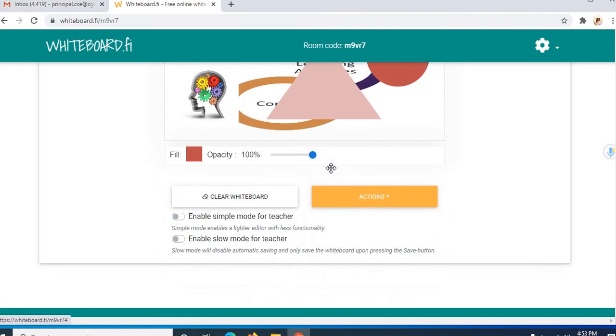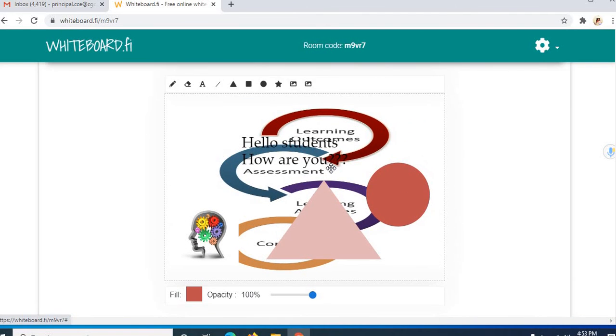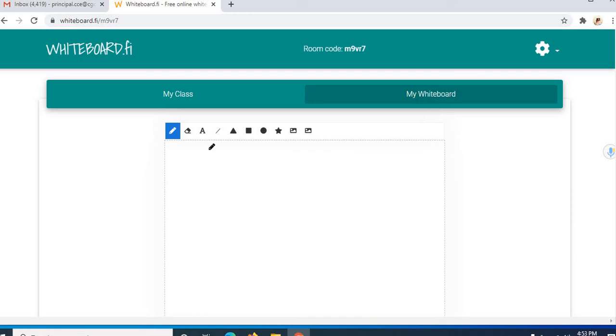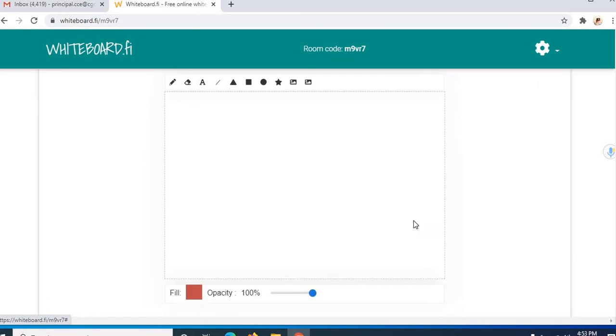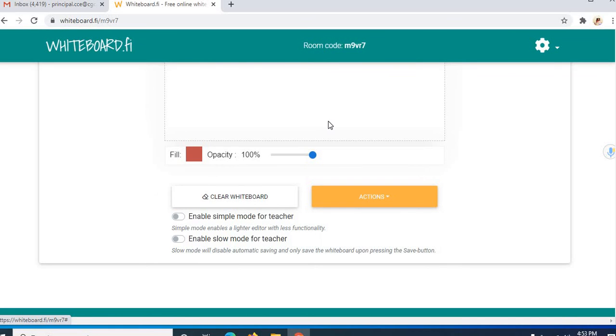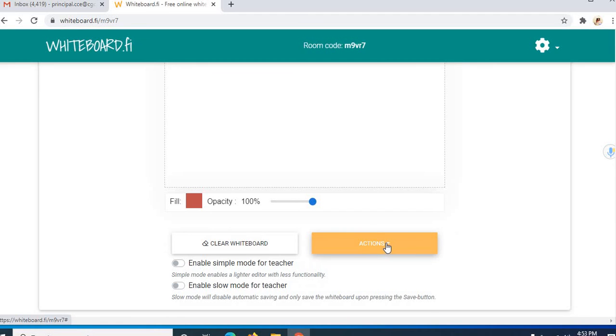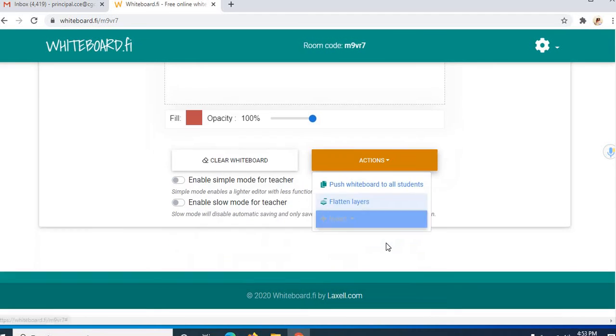Now I'll show you one of the important features of this whiteboard which you as a mathematics teacher can use. First let me clear this whiteboard. All the work which was done on this board has been removed. The important feature I was discussing is related to mathematics.